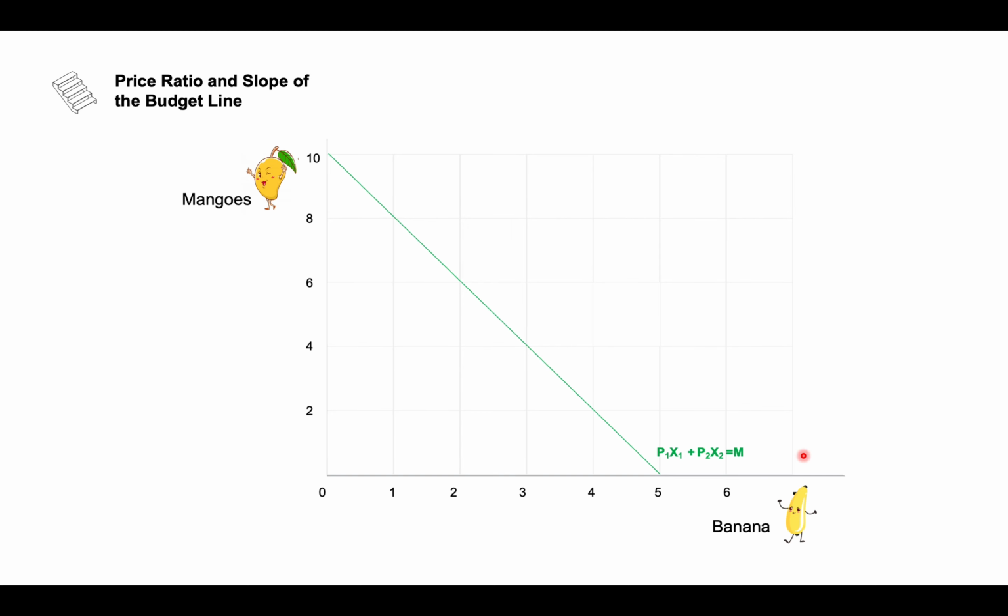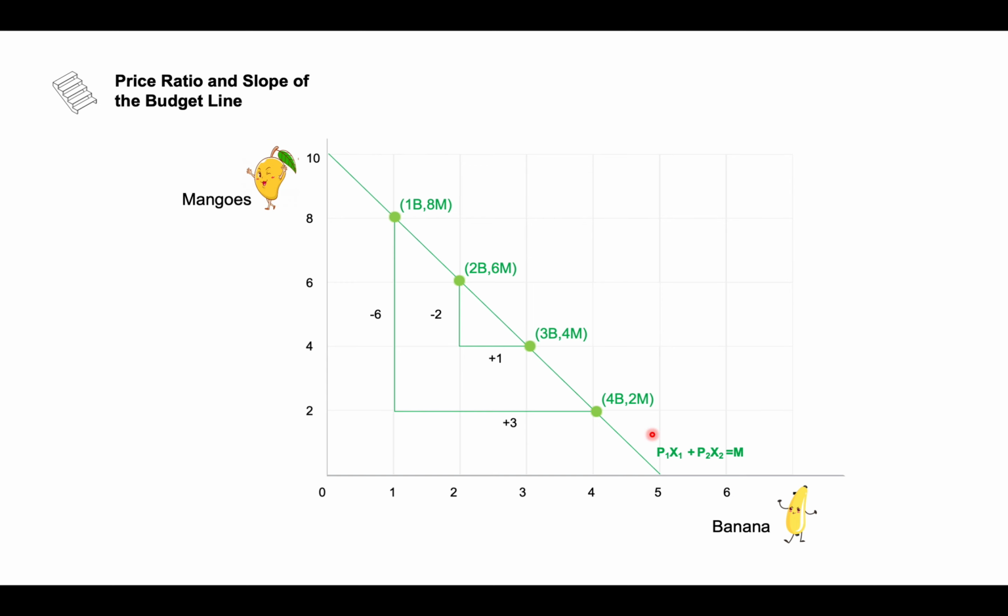You are very conversant with this graph because we have discussed it multiple times. Now, the base for creating the slope of the budget line is this one. Let's take 2 bananas and 6 mangoes, and 3 bananas and 4 mangoes. Here again, to get an extra banana, you have to sacrifice some mangoes. Here, to get an extra banana, you have to sacrifice 2 mangoes. Similarly, in this case, you have to sacrifice 6 mangoes to get 3 bananas, right?